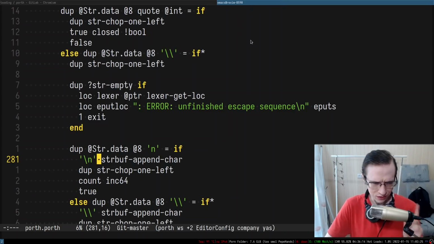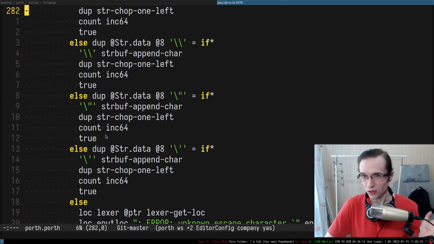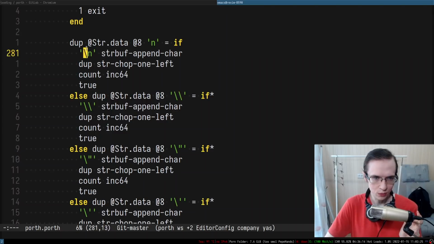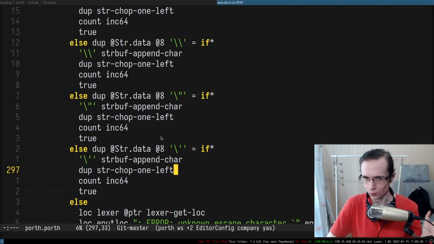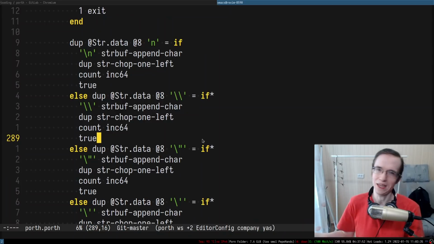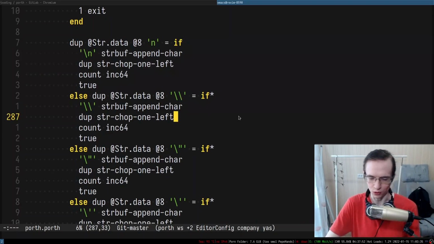So as far as I know, we don't really support tabs, right? But we're going to support them in the future. So right now we support only new lines, backslashes, quotes, and single quotes. Like, we don't support everything because it's super easy to add later. It's not like something that I want to focus on right now.